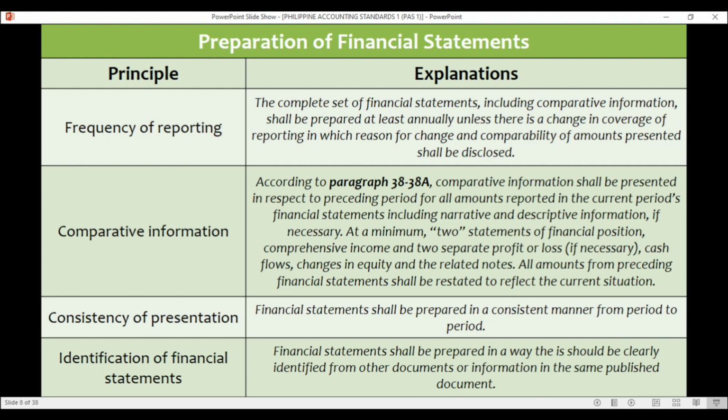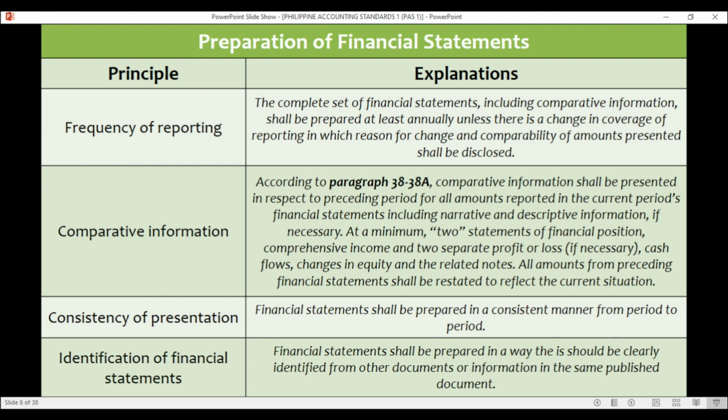Therefore, policy B will be and should be consistently applied throughout the succeeding accounting periods. So even though there is a change in the accounting policy, consistency shall be applied. Therefore, the application of accounting policy A is consistent for the first 5 periods, and in the next accounting periods, there is consistency in the application of policy B.